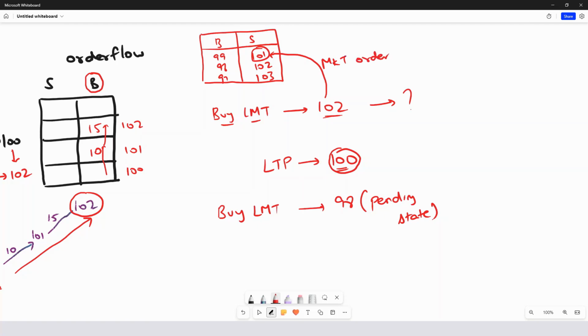Okay. So only in this case a limit order will execute like a market order, because it is not really a limit order. Since the price is already available at a cheaper price, it will execute like a market order. So the last traded price will become 101 in this case. All right. So a market order will always take the liquidity from the limit order,